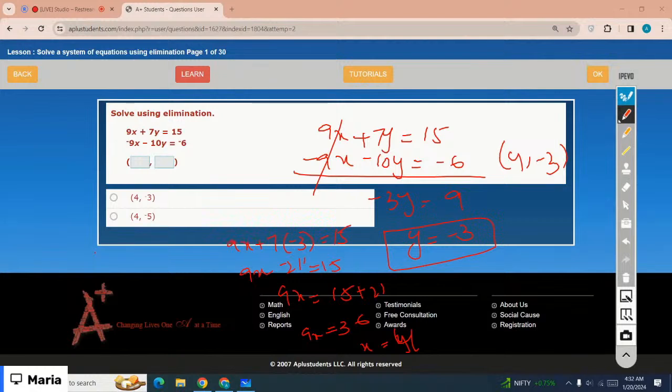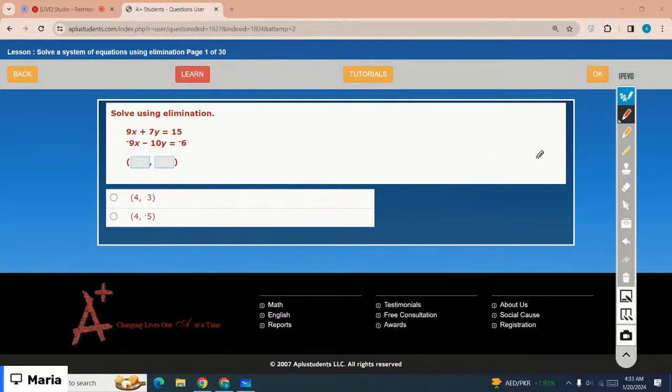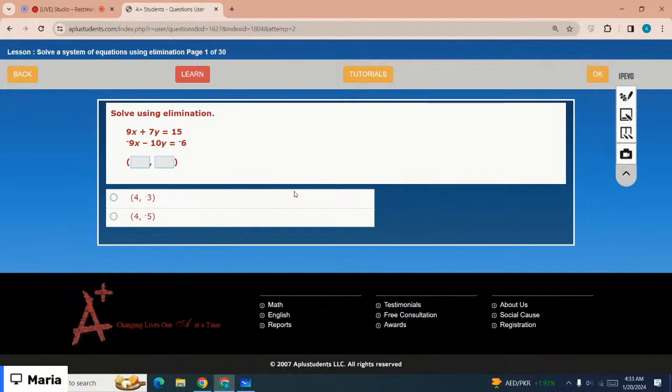Which is the correct option? Option 1 is the correct option, right? Okay, the next one is,